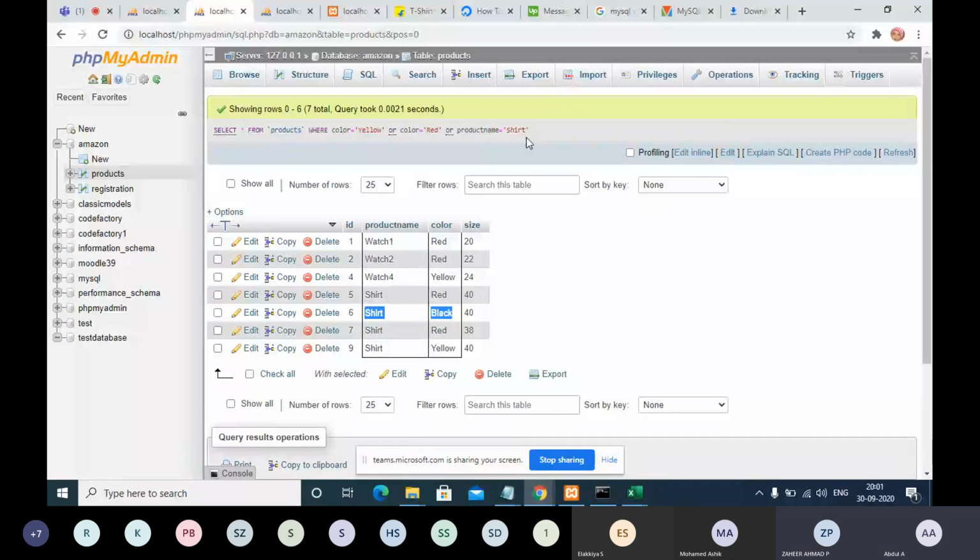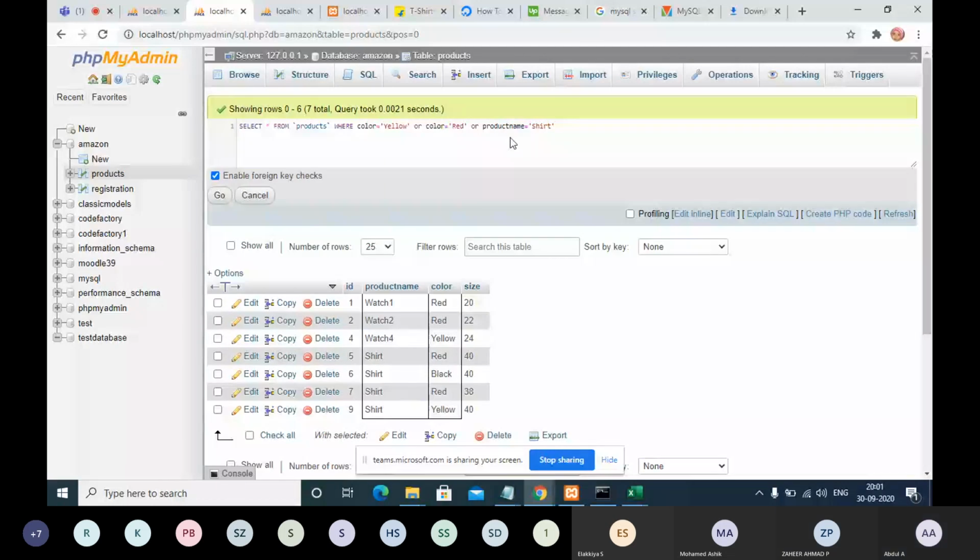But if I want to restrict the product also, I need to put the AND condition. AND is a must; both should be satisfied. For example, I need to use brackets on the OR condition. Two conditions are on the same column, so we use the bracket: color yellow or color red.